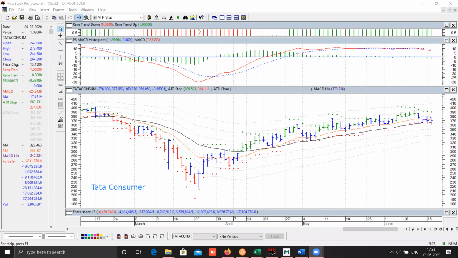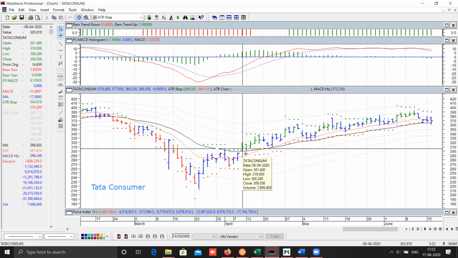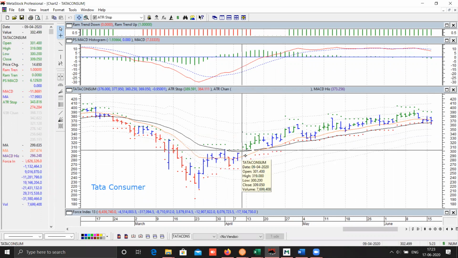You can see here these red bars are showing that the trend in this stock is bearish. This stock is in a bearish trend. When in a bearish trend, if there is a green bar, price closes above the slow moving average. The moving average which we are using here is the 26 bar exponential moving average. When in a bearish trend the stock has a green bar above that, it is a trend reversal buy.